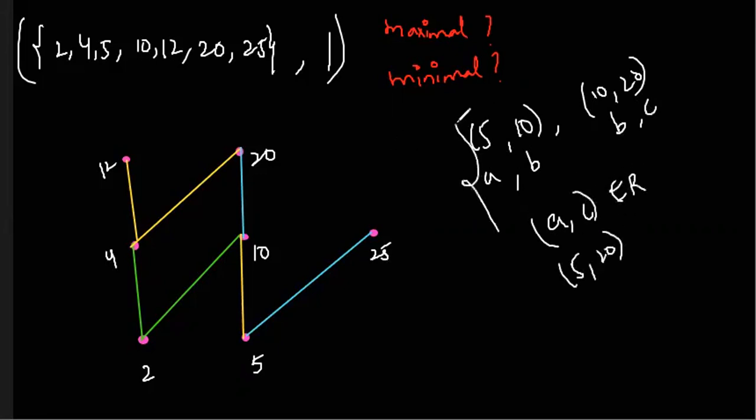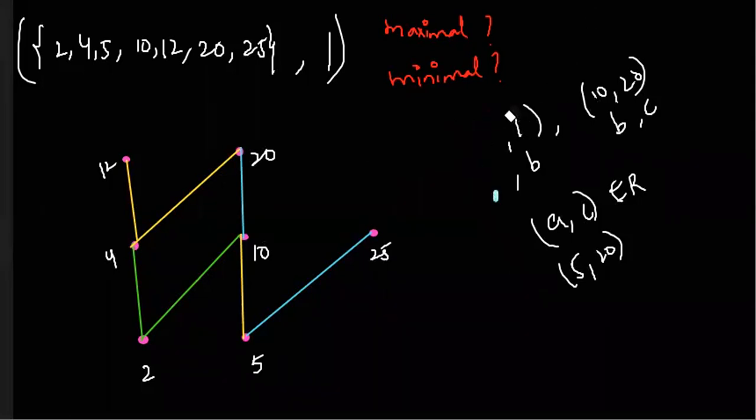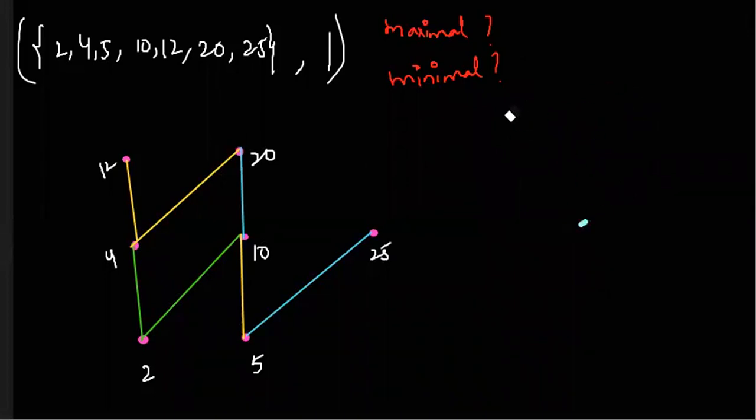Okay, so this is already explained in the Hasse diagram. We have to remove the transitive edges in the final step. So this is your final Hasse diagram. Now in this Hasse diagram, what I want is maximal and minimal elements. So maximal and minimal elements, if you want to write it simply, what were maximal elements? Maximal elements were basically your top elements, minimal elements were your bottom elements.